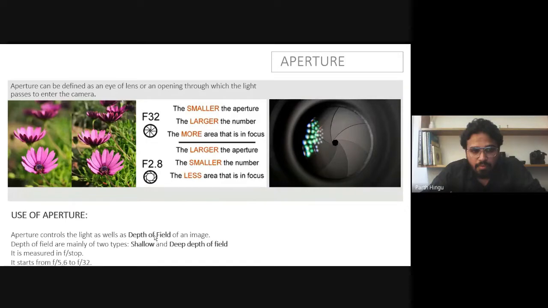So basically it starts from f1.6 to f32 in the entry level cameras. And when you buy some high end lenses, the aperture number will decrease, and you can capture as much light as you want.